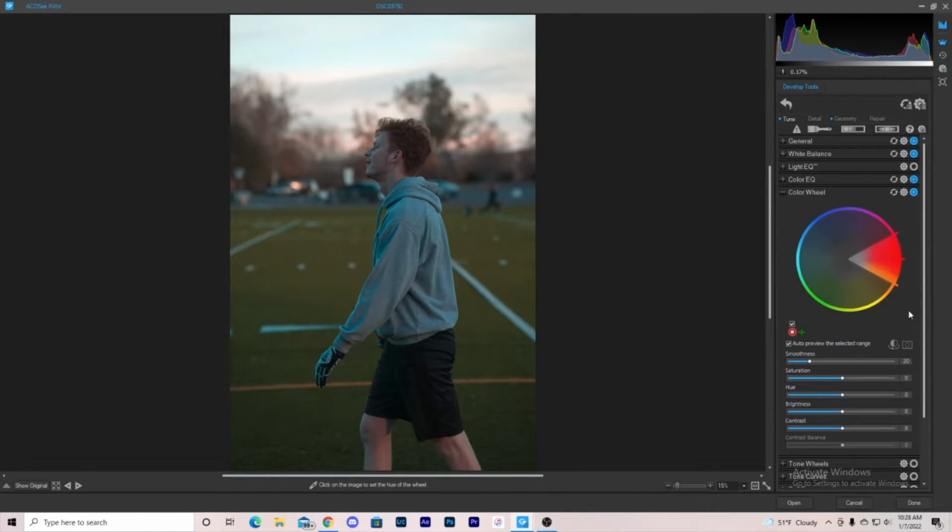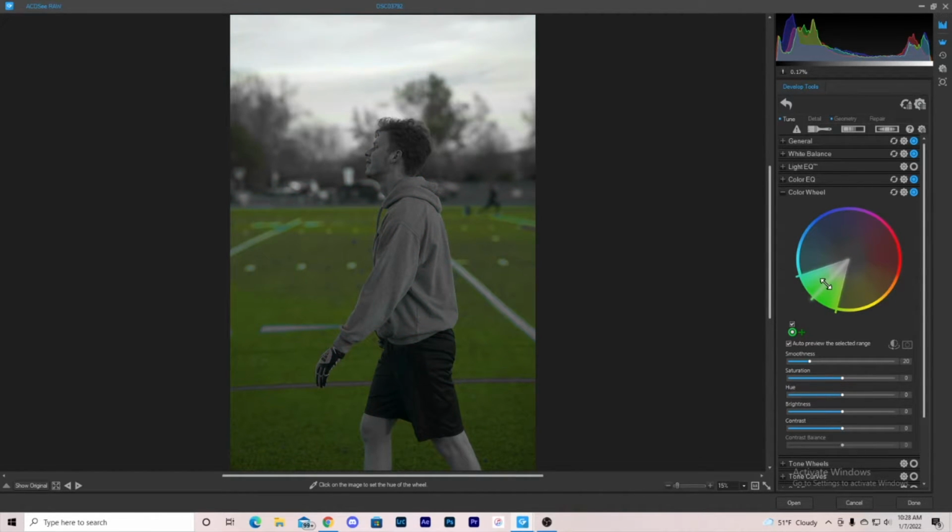So once you're in the color wheel section, as you can see, as you are touching it or moving it around, you can see what part of the image it's looking at. So right now, as I'm over here, you can see all the blues, and you can see where the blues are within the image right here. And if I go more here, you can see the cyans, and then right there about it, the greens, which is all the grass in the field,